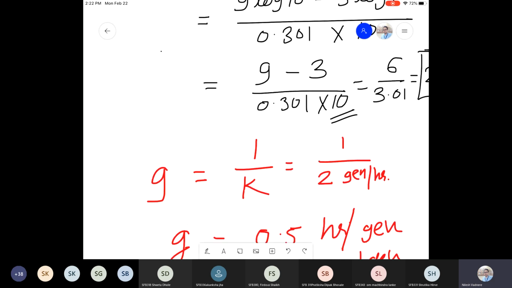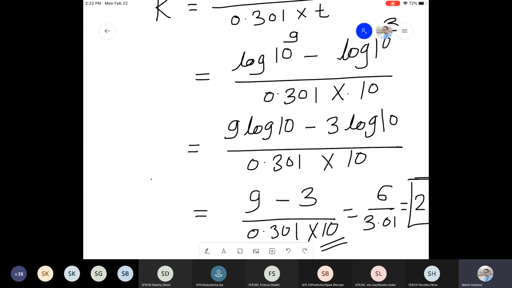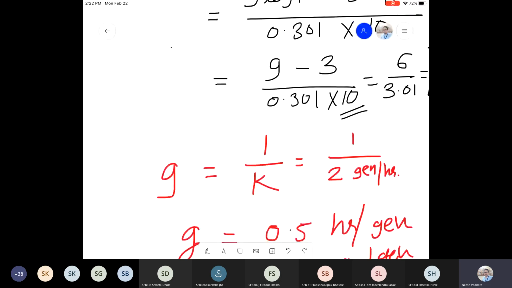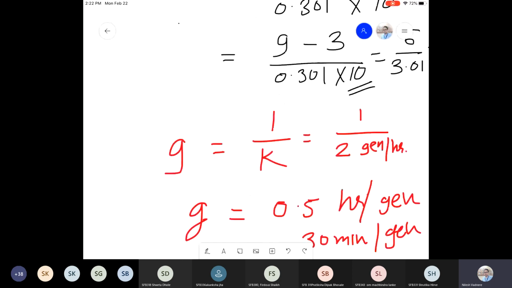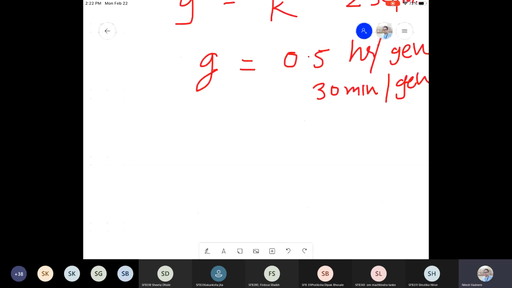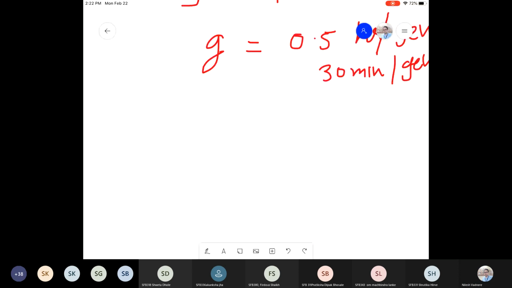So there is a difference between G and K. They are inversely proportional to each other, or they are reciprocal of each other. Rather than saying inversely proportional, we can say they are reciprocal to each other. So besides this formula, we can also find out the mean generation time by plotting a semi-logarithmic plot. Okay, so semi-logarithmic plot means what? That